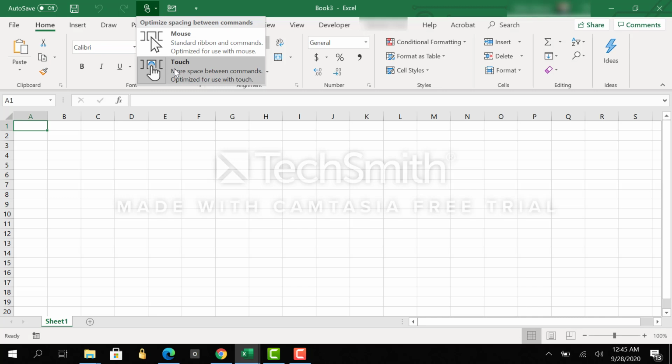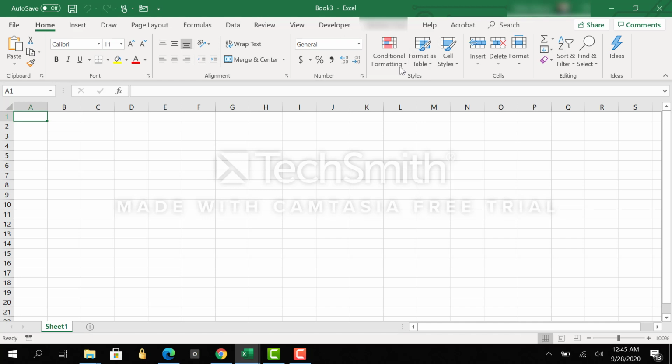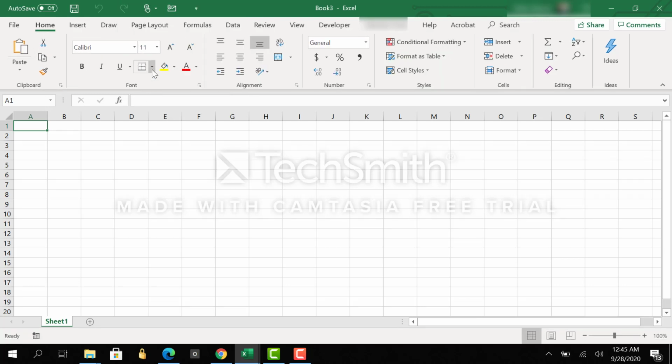I will give a quick preview. I click the button here for mouse mode, and you see that the layout changed a bit. But if I go to touch mode, everything just gets a little bit bigger, with buttons spread out a little, kind of for my big fat fingers to tap on those buttons. All right, I will go back to the standard mouse mode for the time being.